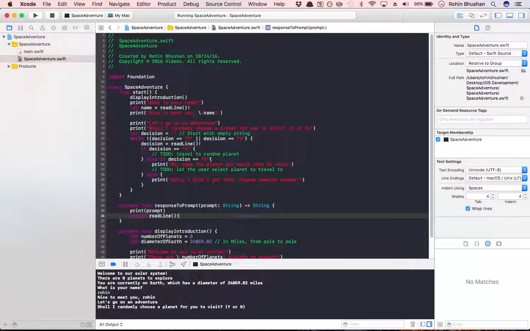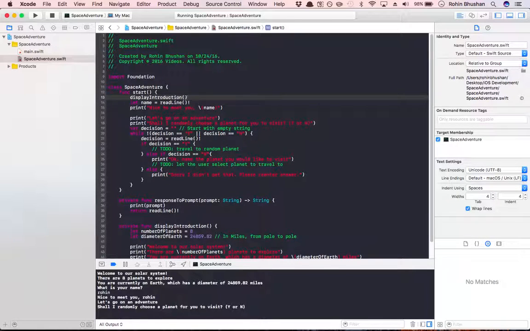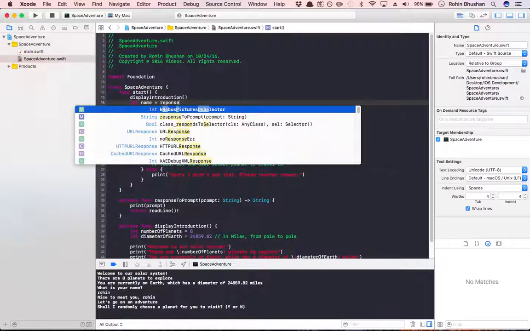This will output a string. So we had let name equals readline, and we had this chunk of code. What we can change it to now is get rid of this print statement. In fact, let's cut this string, because we're going to be using that string. Remember, that string is prompt. So we're going to change it to responseToPrompt,